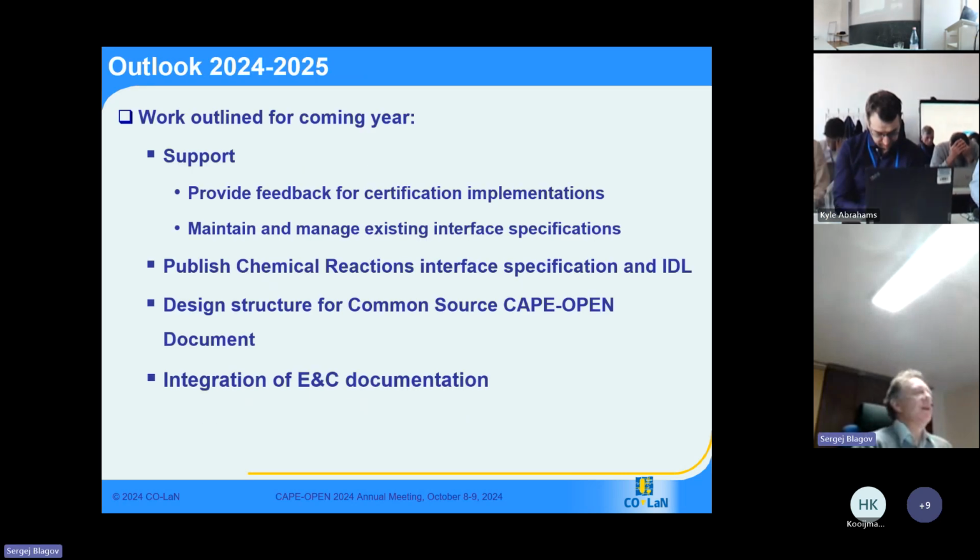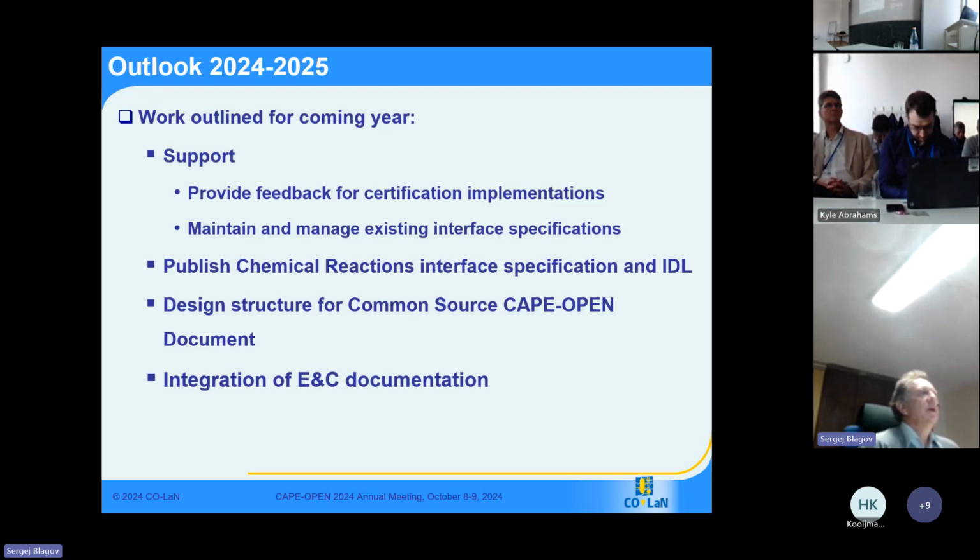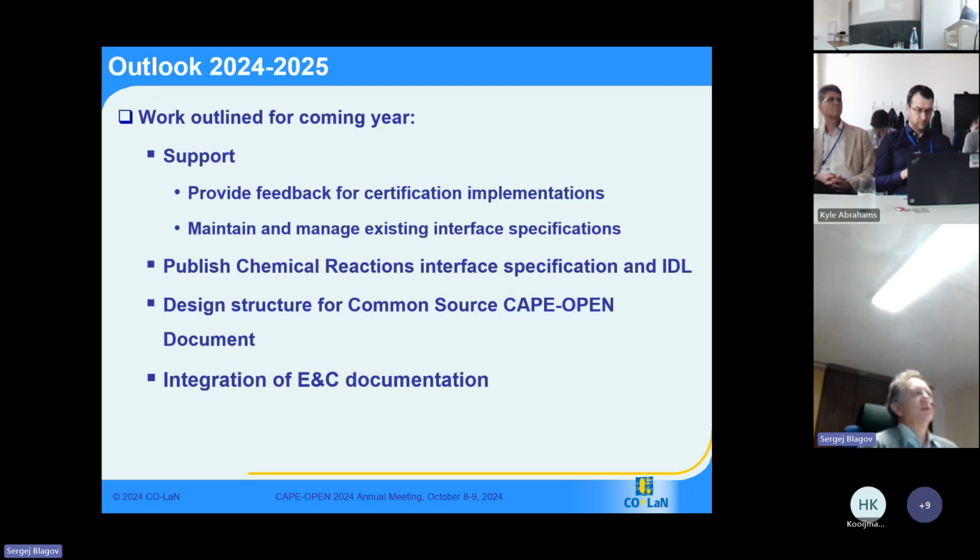Well, now I'm at the end of my presentation, and here you see the outlook for the coming year. First, we will continue support for the certification process, mainly with the goal to provide feedback for certification implementation. And we presume that there will be a need for further maintenance of existing interface specification to resolve issues coming